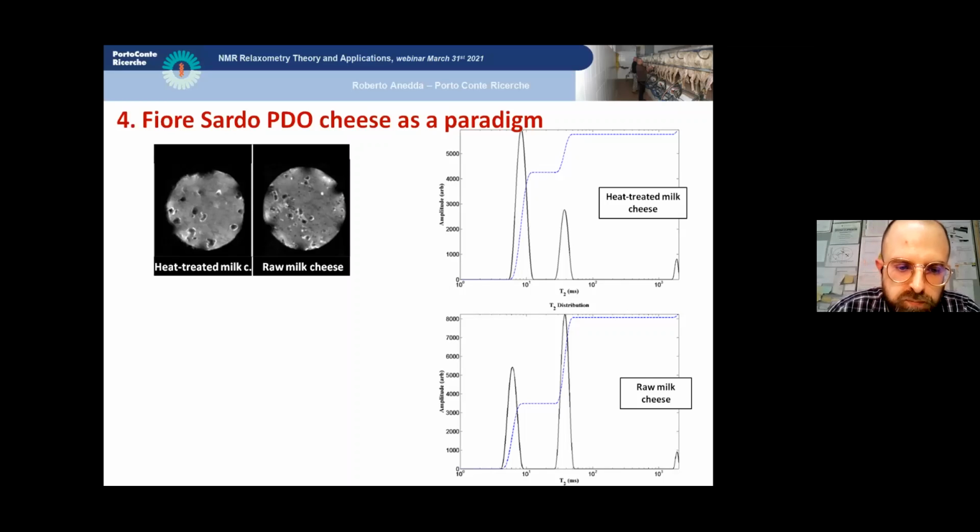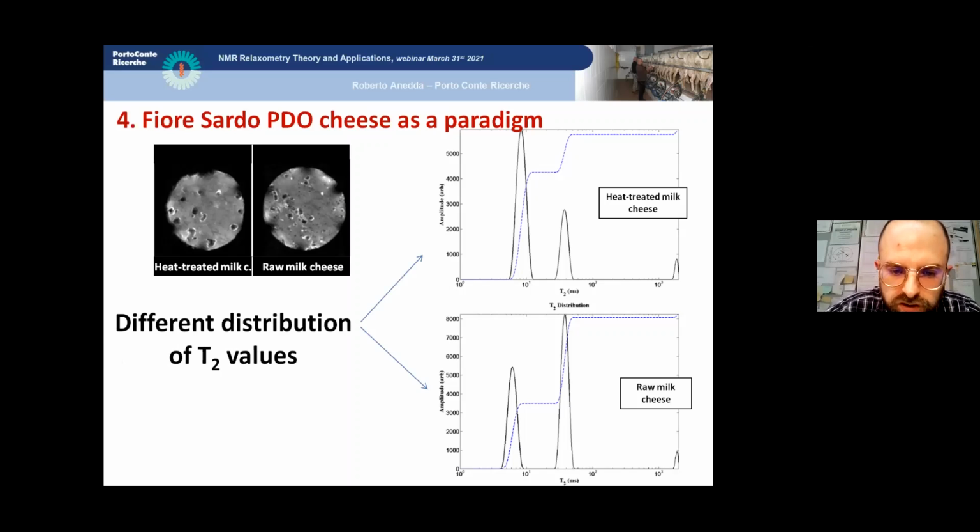And this represents the protein hydration water, which is mainly influenced by chemical exchange with labile protein protons. And the second population, centered about 30 milliseconds, can be ascribed to the water in a bulk pool. Of course, this is not free to move like bulk water, and this is reflected in the very short relaxation time observed, 30 milliseconds. In heat-treated milk cheeses, the first population accounts for about 80% of the total area, while results